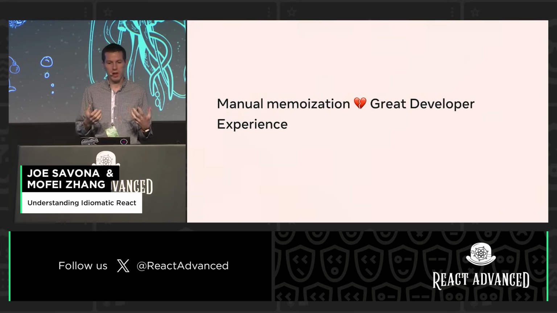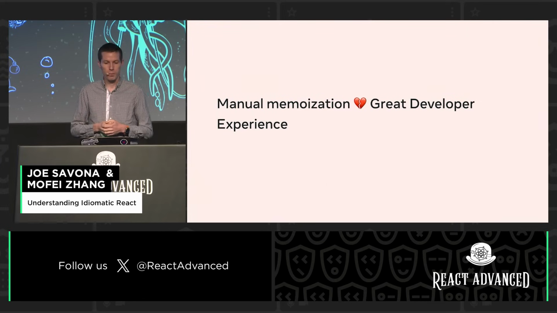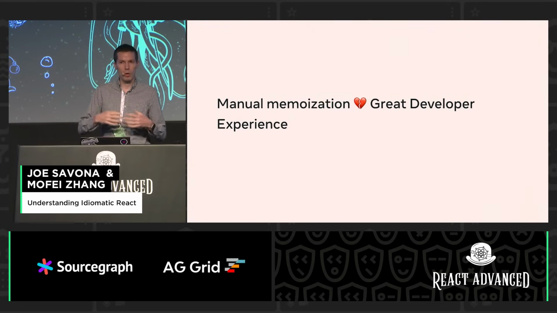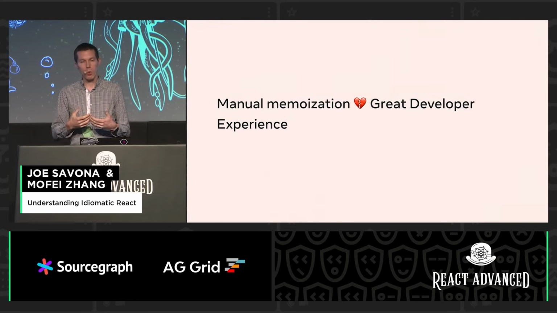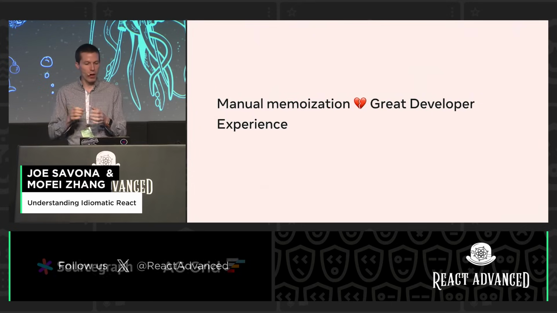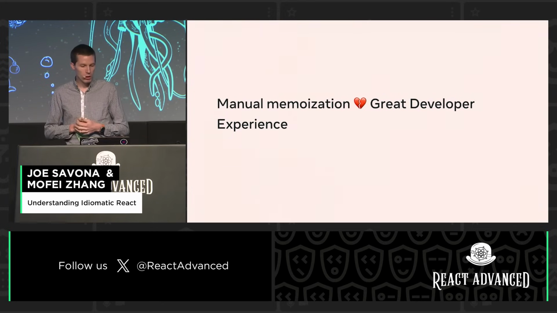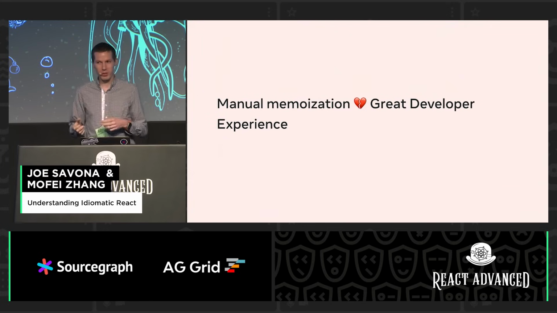But this memoization has made our original code a lot less concise and clear. We're no longer simply describing what the UI should be showing. We're having to tell React how to process our code. That's kind of losing some of the original idea of React, right, declarative rendering. But now we're having to go into the how. And then our code reviews become about whether we've memoized correctly, whether we memoized too little, too much. We get blog posts arguing that you should memoize everything, blog posts saying that you shouldn't memoize at all,